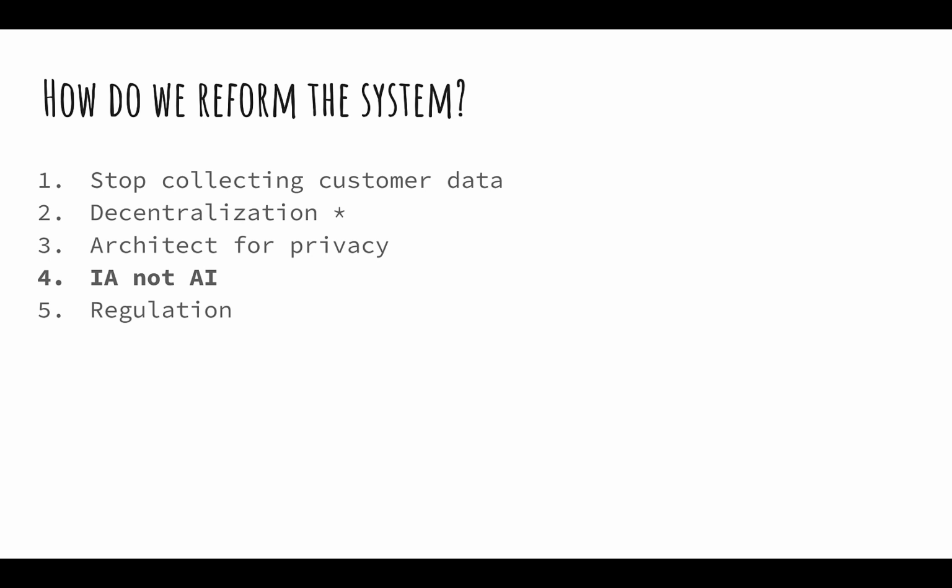The third thing we need to do is architect for privacy, and this is really on the shoulders of every software engineer. So if you're a software engineer and you're listening to this, this is for you. Okay, so there's a book Courtney Bowman wrote called The Architecture of Privacy. It's an O'Reilly publication. You need to read this because it's really the software engineer who's on the front lines that needs to advocate for privacy protections.